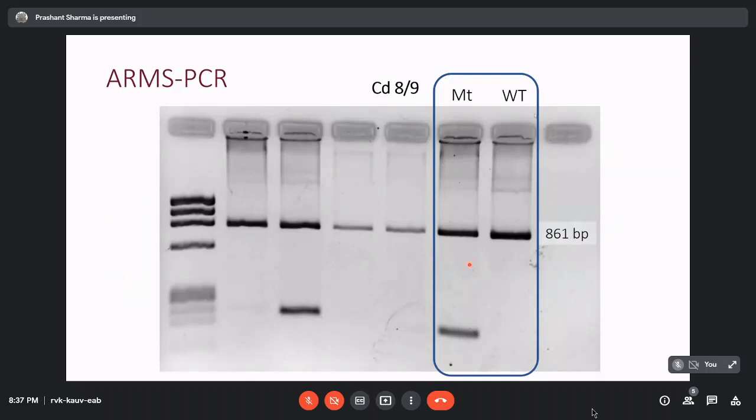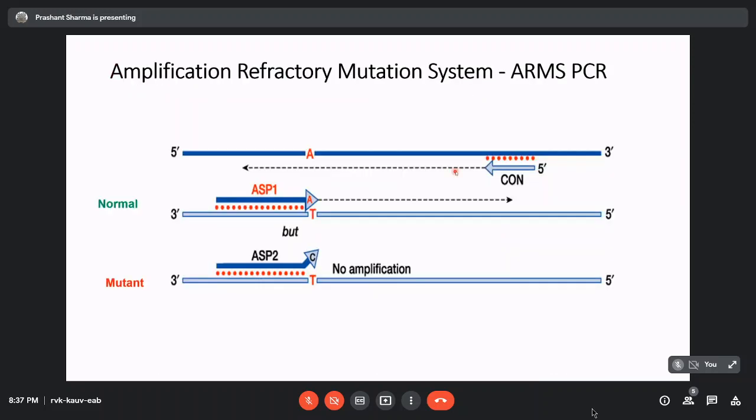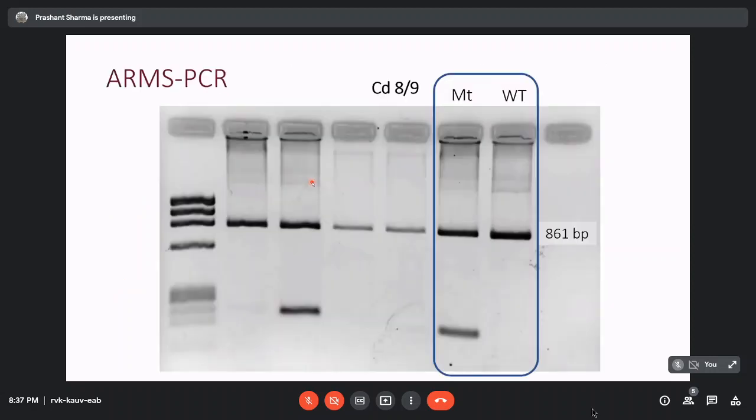So this is what the gel actually looks like. We've got two different PCR reactions. This is a control band. So again, just going back, this is a very cleverly designed PCR, because a control primer is put in within the sequences, and there's another control primer, the opposite primer to this, that is going to amplify within this area as well. Because we are ultimately going to be looking for the presence or absence of this particular band, the control band has to come every time. Each lane is a different PCR reaction.